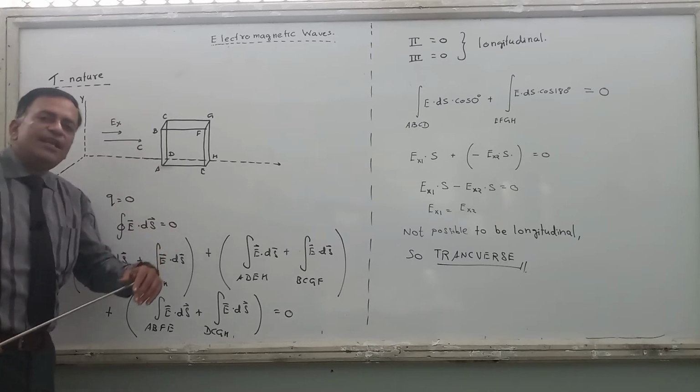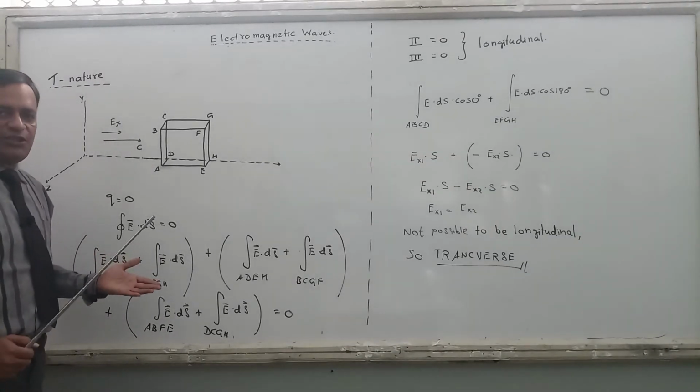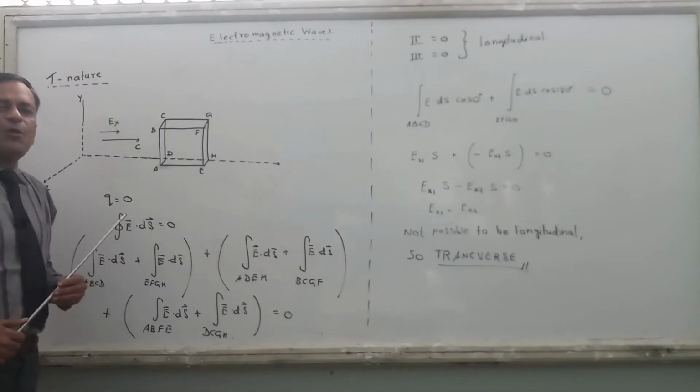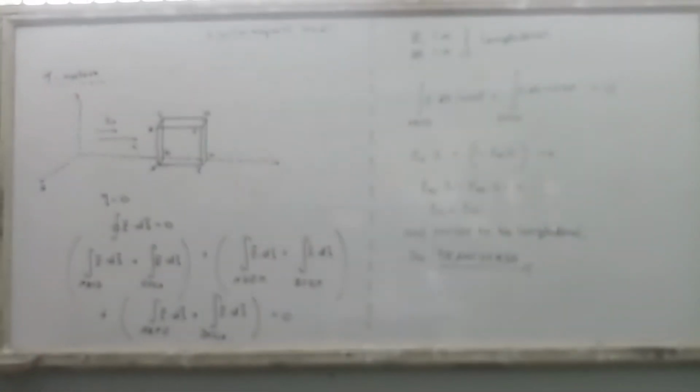Now starting with the derivation, the very first thing to be noted: electromagnetic waves, although they have an electric component and a magnetic component, the charge of electromagnetic waves is zero. This is a very important property of electromagnetic waves. They have an electric component, they have a magnetic component, but they do not carry any charge. Because they do not carry any charge, you cannot apply any forces on them, neither